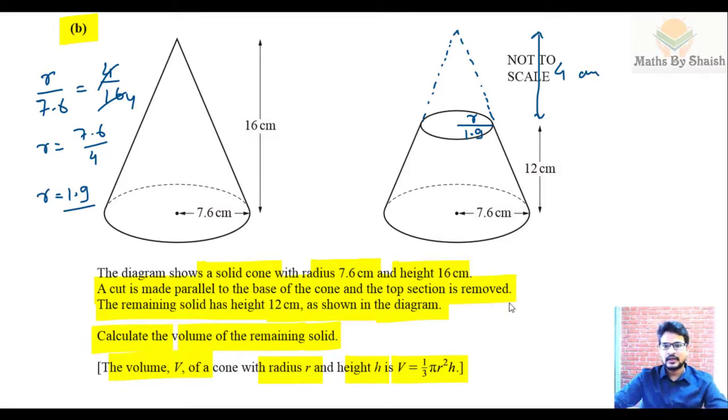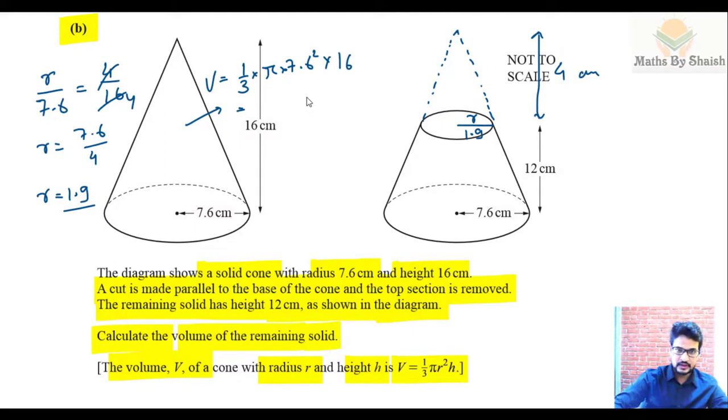get the remaining volume. And the total volume from here, we know 1/3 pi r square h, that is 1 upon 3 pi, r square is 7.6 square, into h, that is 16. So we will calculate this. 1/3 pi into 7.6 square into 16 is, in decimal, coming 967.778 and so on, and the volume of this part is going to be again 1/3